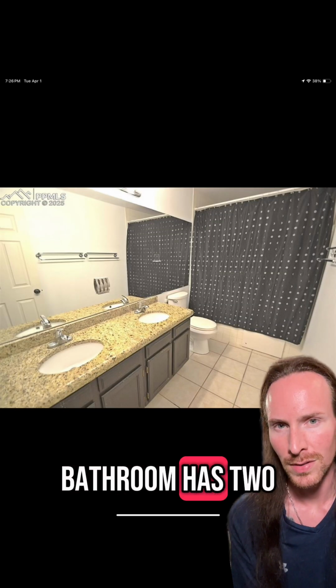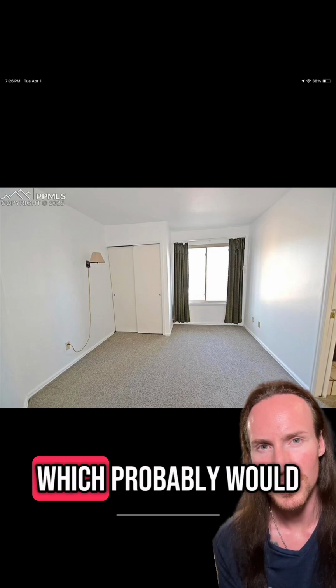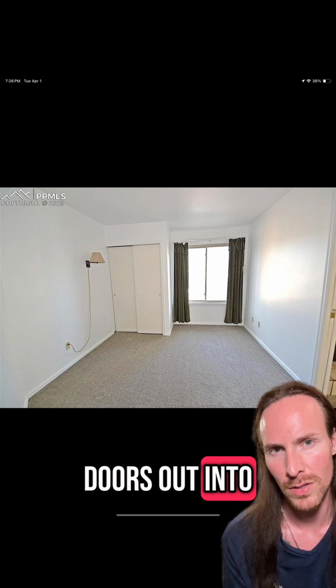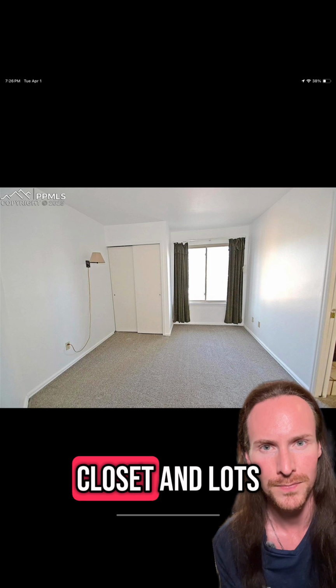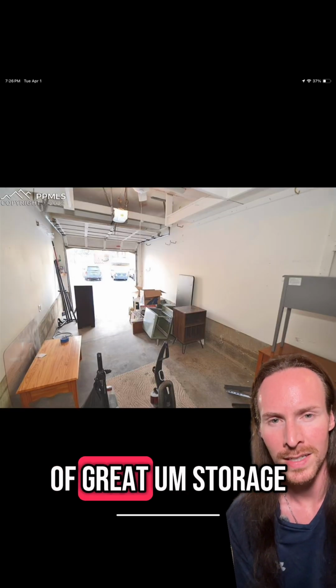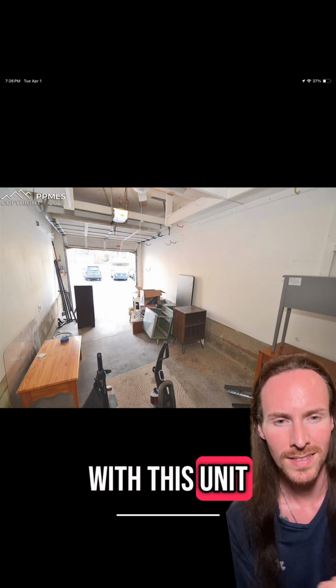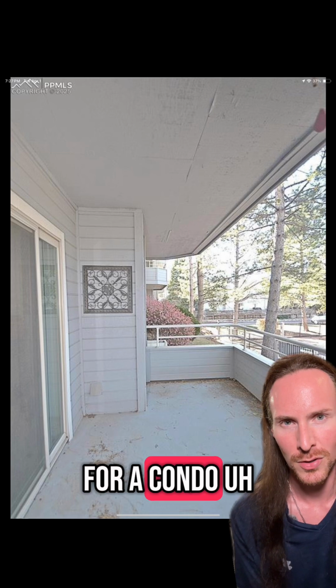And the single bathroom has 2 sinks in the vanity, which is always really nice. And this is the second bedroom, which probably would make more sense as a study given its size, and it has sort of French doors out into the primary living space, but you could make this a bedroom if you needed to. It has a closet and lots of great storage, potentially a car parking spot in the garage that comes with this unit. And while the patio is pretty dirty and needs some TLC, it is a really good size for a condo